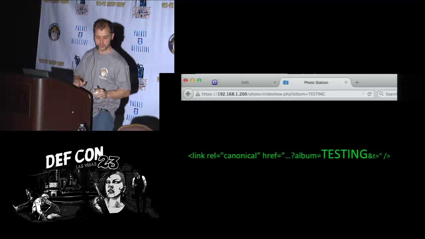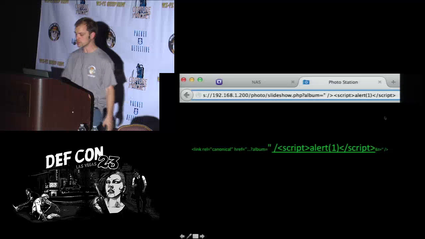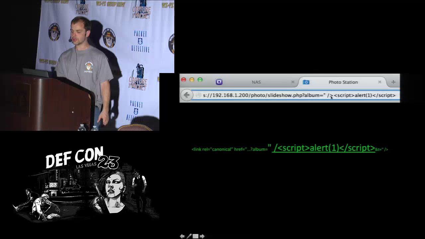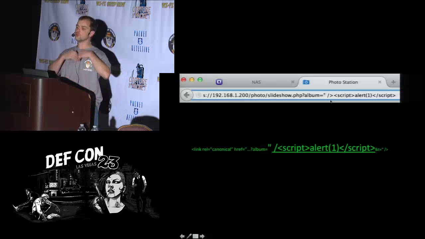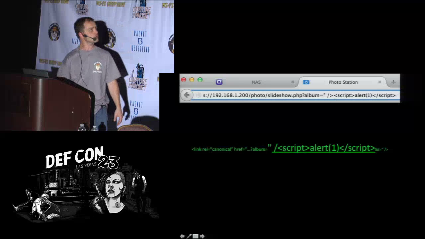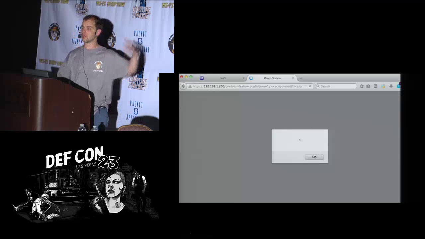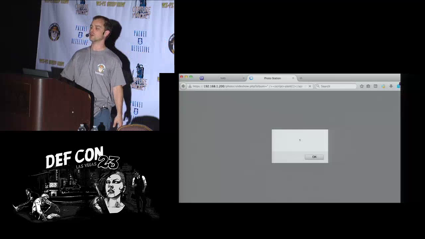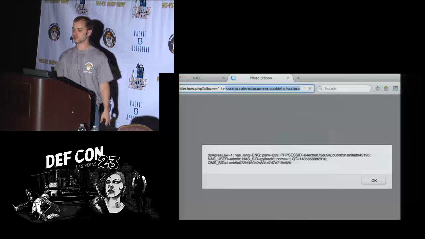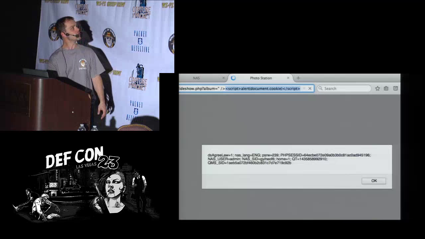So what this allows me to do now is, if I take a look at this, I can put in, and I figured out the escape sequence, and I can put in this as that album name. And so the reflected information coming back from the server, if I pass this back, was this alert. And what happens when you run it is, it pops up the alert. I say, oh, now I have a potential. So I say, okay, what happens if I do script alert document cookie?